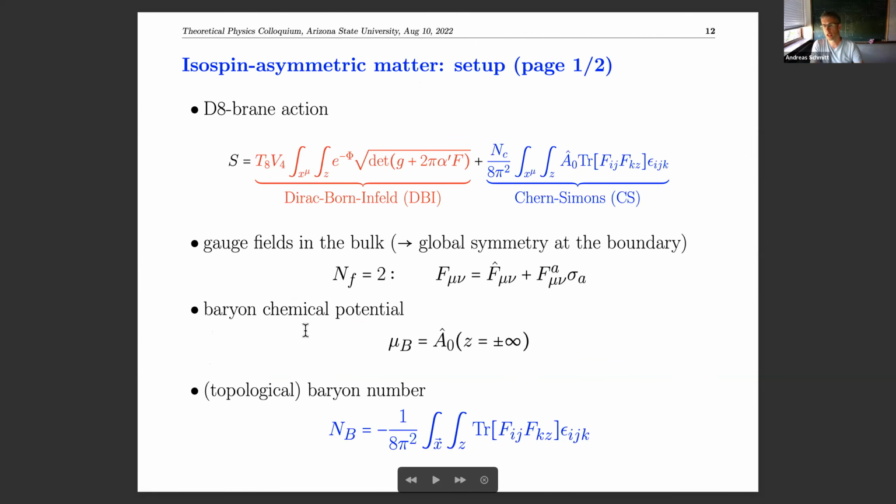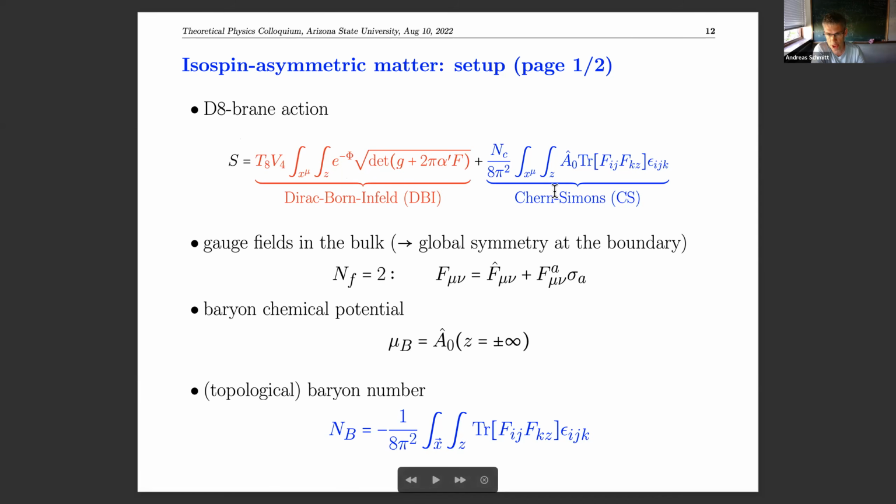Okay, before I get to the results for the neutron stars, let me say very few words about the formalism, so you get a flavor of what we're actually doing. What we do is we look at the action, the gauge field action on these D8 branes. It has a so-called DBI part, the red one. If you've never seen this before, think of expanding this for small alpha prime, the string tension. So you get F squared terms, which would be Yang-Mills, right? So that's the DBI part.